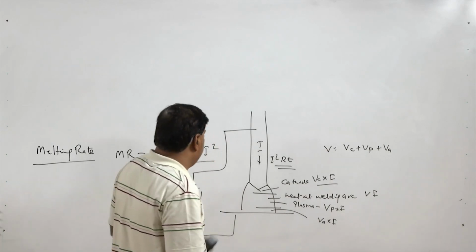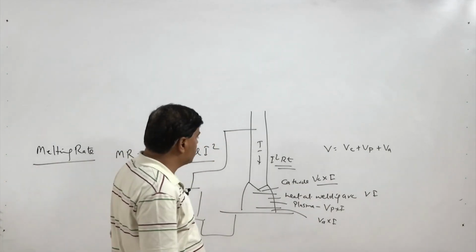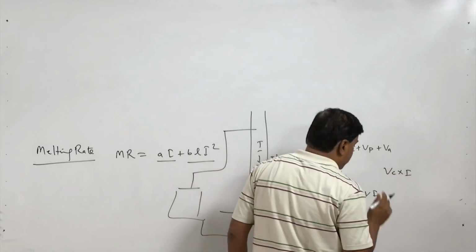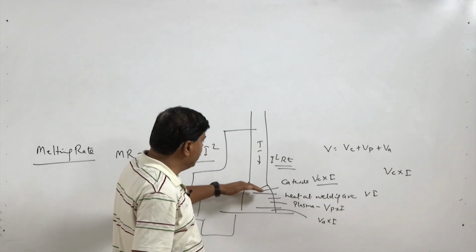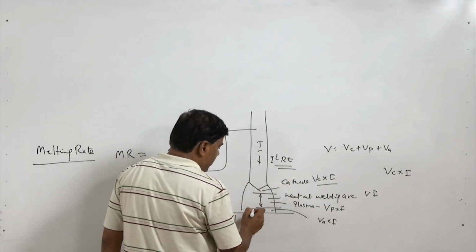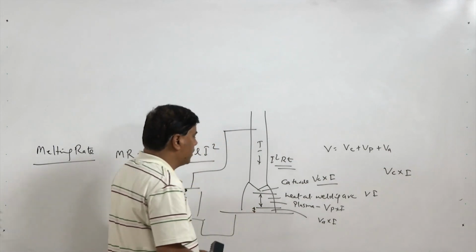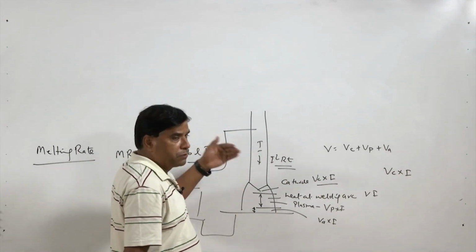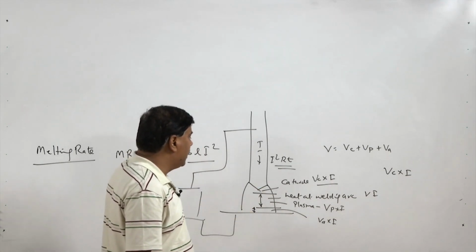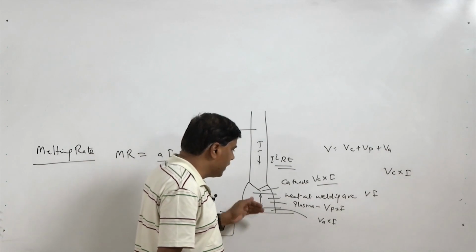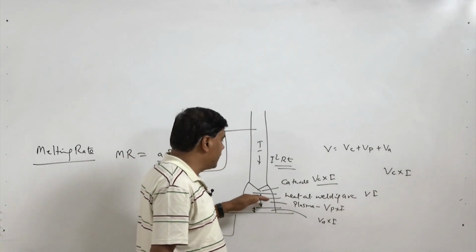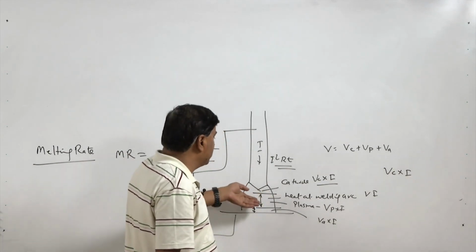If we are talking about the melting rate of the electrode, then Vc into I plays a big role in melting of the electrode, because the heat being generated in the plasma zone and in the anode drop zone does not affect the melting of the electrode much; they are away from the electrode tip. The anode drop zone heat is mainly used for the melting of the workpiece, and the plasma heat is mainly either